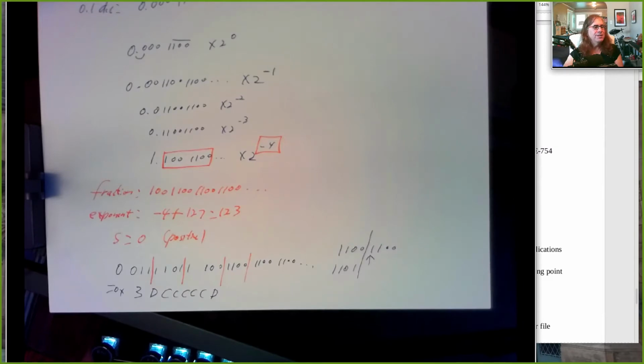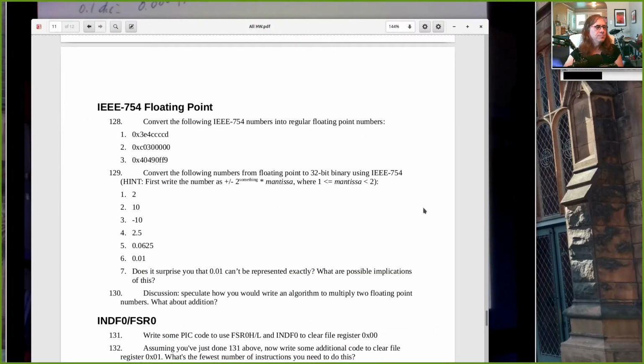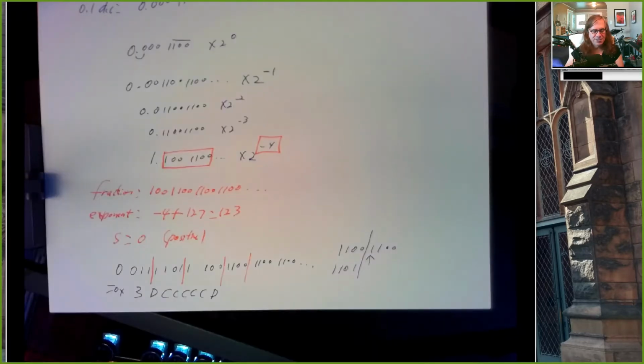All right, so I had a question about arithmetic. So discussion: speculate how you would write an algorithm to multiply two floating point numbers. What about addition? So suppose that you had two numbers